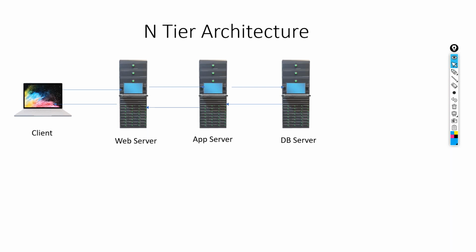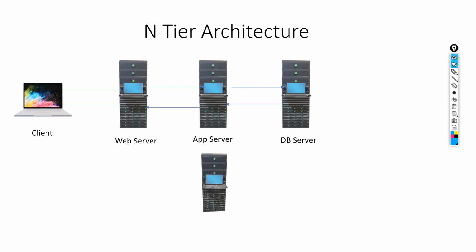Whenever the client sends any request, the request will flow through these servers. For example, if you are trying to log in to Gmail, as soon as you enter the username and password and click on the login button, the request will go through these servers. Where do your credentials reside? They reside in the database server, right? Your user ID and password are data, saved in the database. The logic that validates your username and password resides in the application server. So this is the difference.